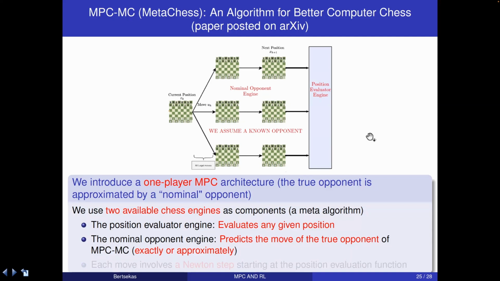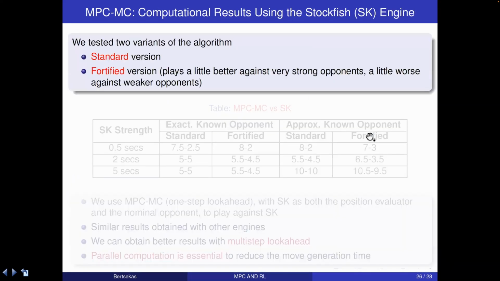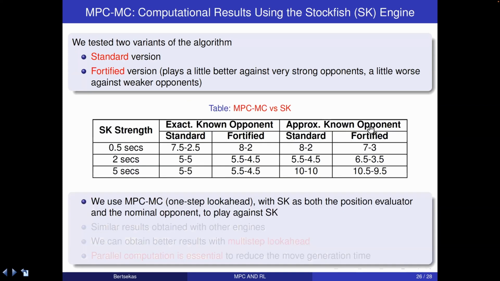Hi, Dimitri. Thank you very much for your very nice presentation. One clarification. Can you go to the next slide? Because I'm not familiar with the numbers that you put in the table, can you explain what 7.5-2.5 means, etc.? I kind of figured it out, but I want to make sure that I got the right message. Thank you.